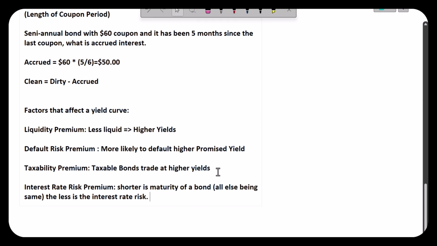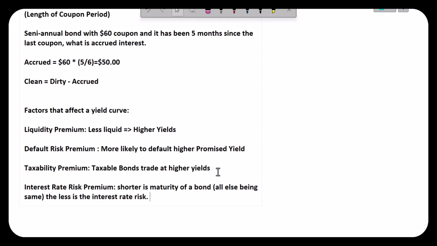For example, currently a 30-year bond, if you bought that bond and the yields went up by 1%, you would lose about 15% of your investment. If they went up by 10 basis points, which happens almost daily, you're going to lose 1.5%. But the same thing on a 5-year bond is going to be only 3%, maybe, on a 1 point move. On a 10 basis points move, you would lose only 0.3%.